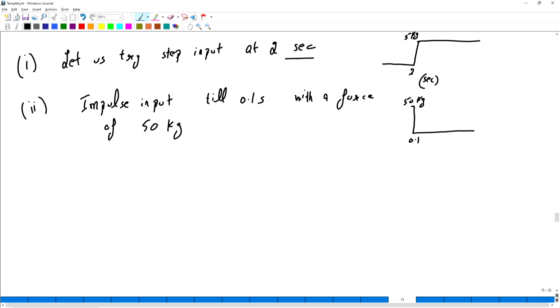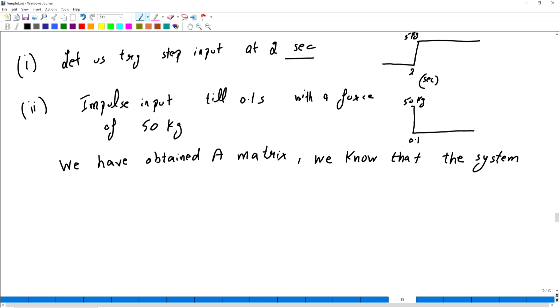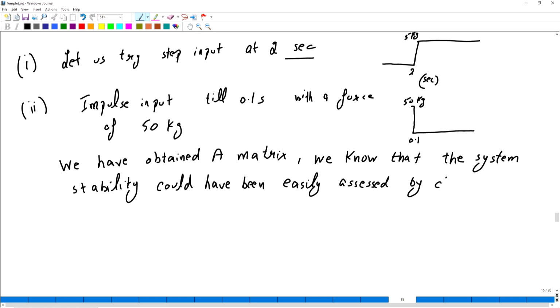If you remember, we have obtained an A matrix. We know that the system stability could have been easily assessed by checking the eigenvalues of the A matrix. Since we already obtained the eigenvalues of the A matrix,